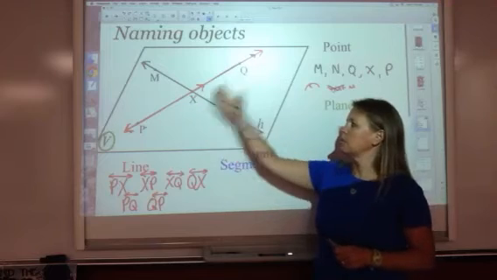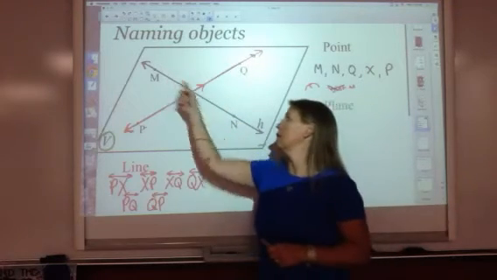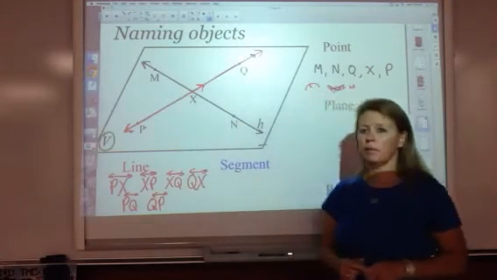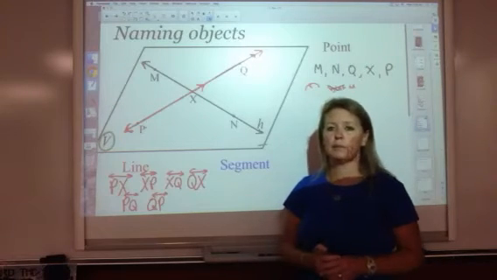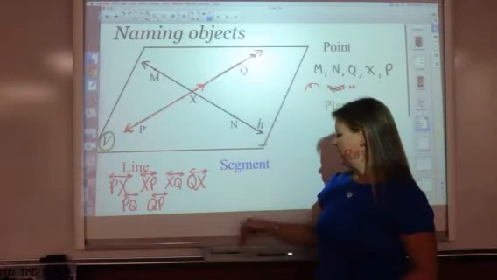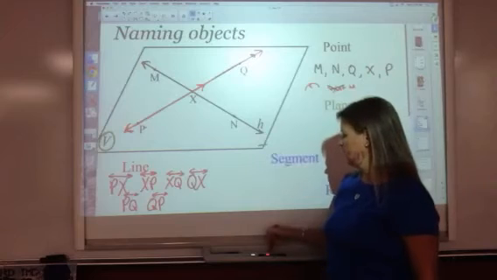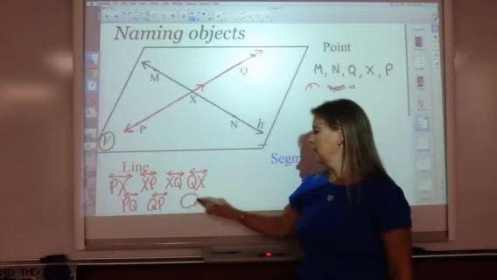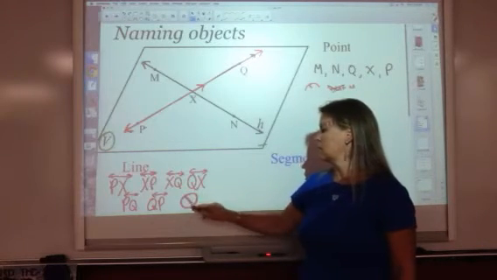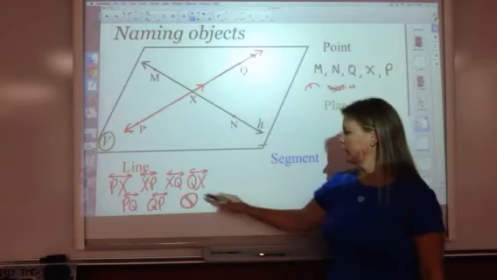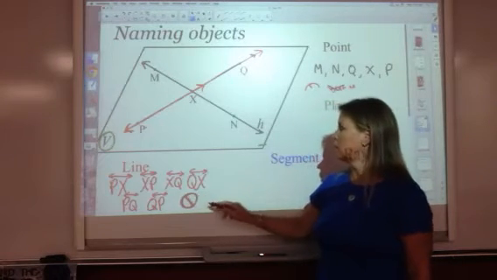That's 6 names just for that red line. This line will have 6 other names. If you had another point on it, it would have 8 names. What can't you do for a line? You absolutely cannot, as you can see, this is my universal symbol for cannot. You cannot call it line